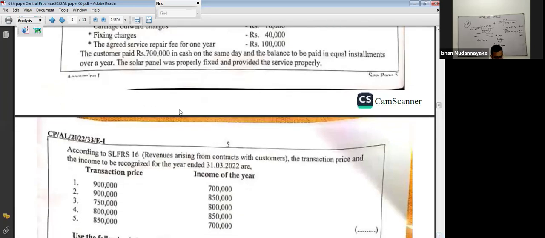And then here, according to SLFRS 15, it should be SLFRS 15. That's also a printing mistake. It's not SLFRS 16. Now according to SLFRS 15, 15,